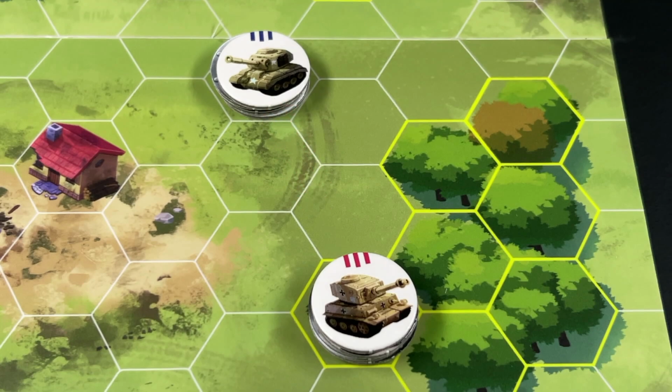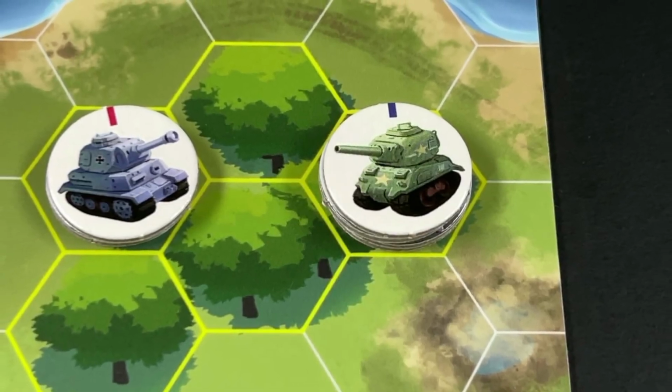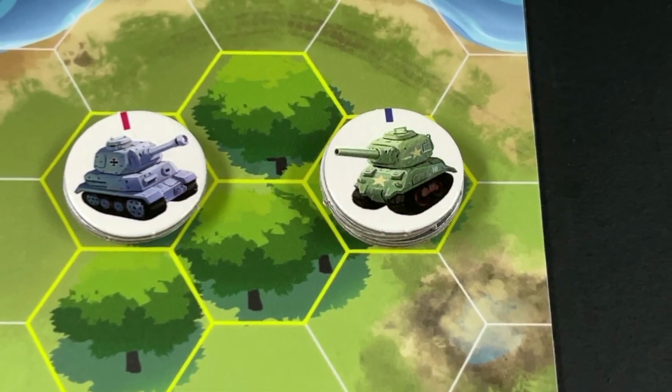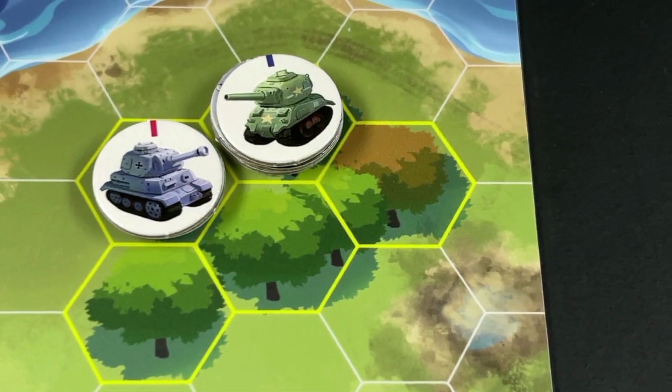The Pershing tank, however, has to close in to just 2 hexes in order to spot and shoot at the concealed Tiger tank. 2 tanks in forest hexes need to be adjacent to each other in order to fire at one another. Both tanks may only move 1 hex at a time until they are out of the forest and